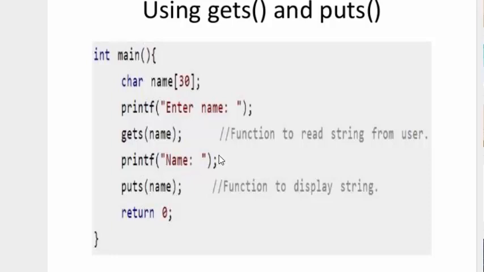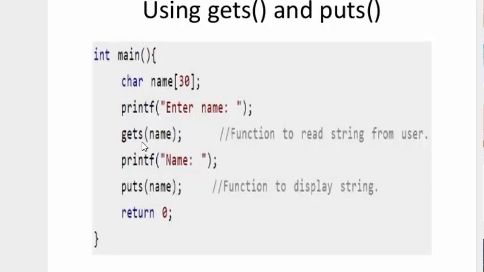Now I want to display the same string. For that, firstly I have displayed the message with printf, and here the puts function will be used to display the string. The puts function will display the elements that are stored in the name string. So under the name array whatsoever elements are available will be displayed. You can see here we are not using any loop as we did in the case of arrays of characters, where we read one character at a time. Rather we are reading the whole string at a time by using the gets function.